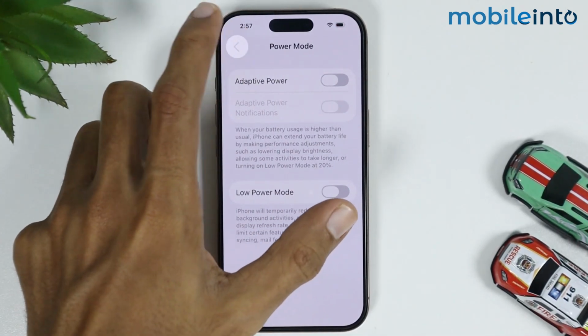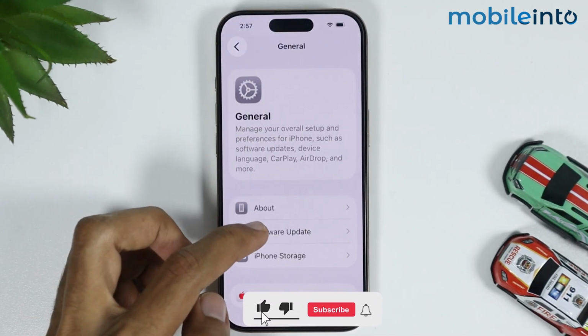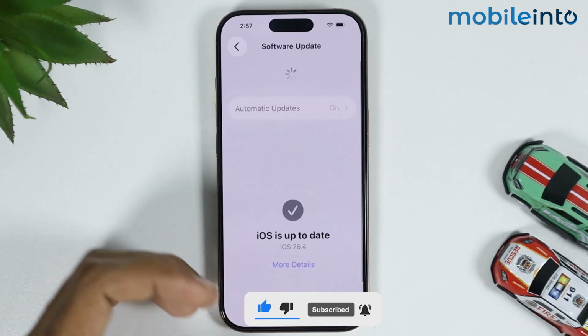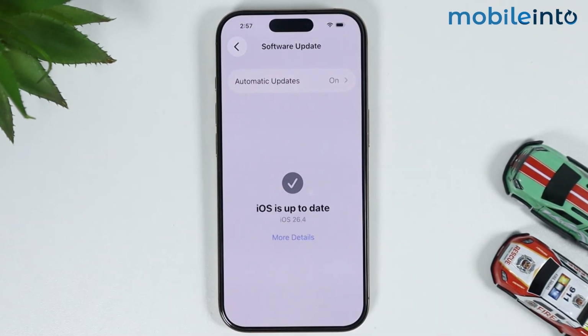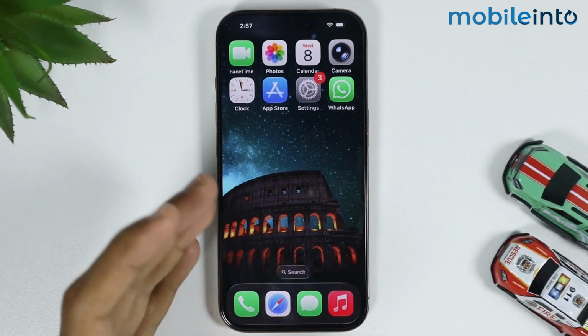Now finally, just go back to the main settings page and tap on General. Under the General settings, just tap on Software Update and check if you have any software update available or not. If you have any update available, just update the software of your iPhone, as this could be a software glitch which will be fixed through a software update. And this is how you can fix the syncing with iCloud paused